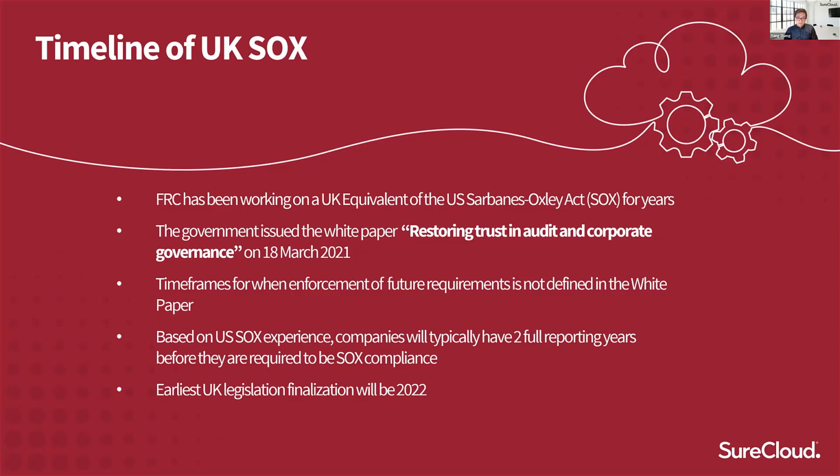Sounds like about the right number of years for companies to actually be able to implement something meaningful and substantial to add the level of attestation. So it's safe to bet that in the UK, it'll probably have a 2-year grace period before these large companies will have to be compliant.